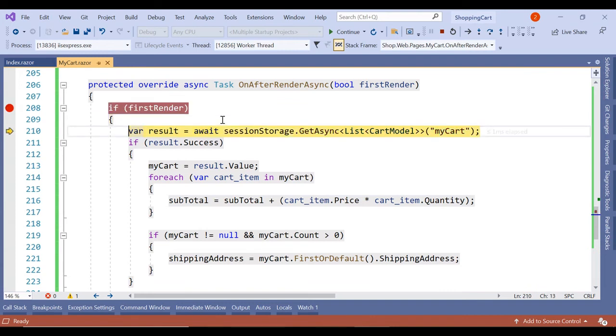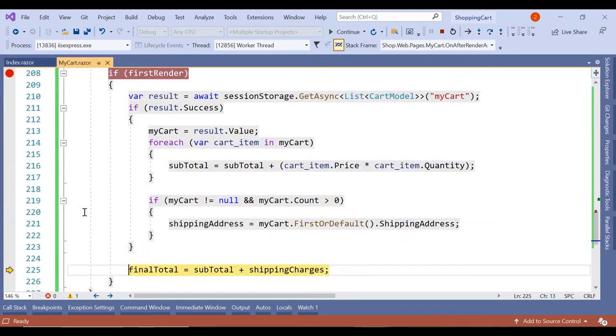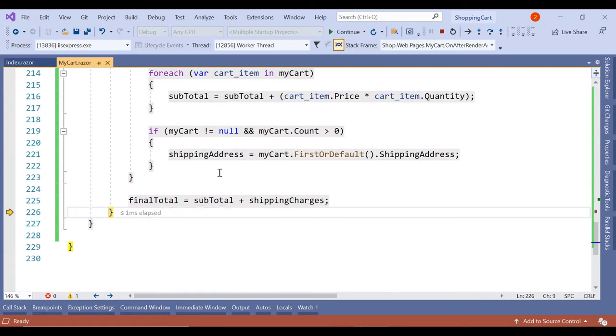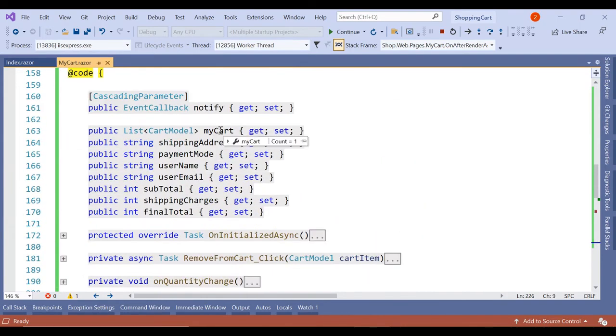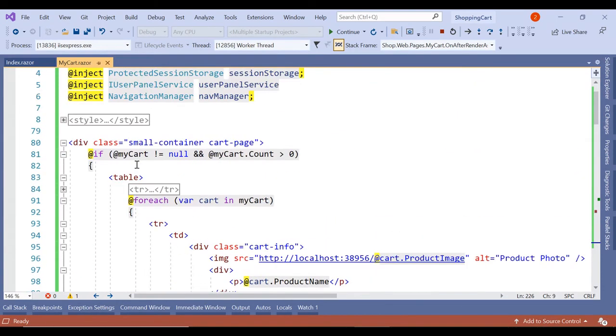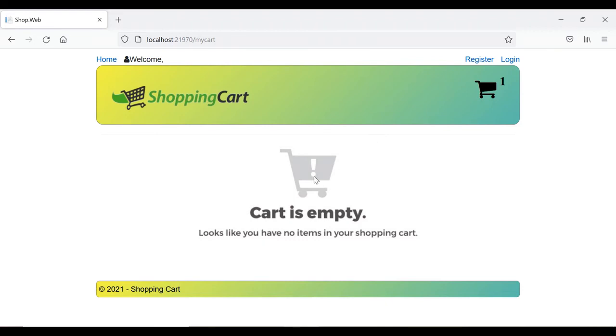Press F10. Result is success. My cart has the value of count. Everything looks fine. Final total is also 600. Count is 0. Let's continue.